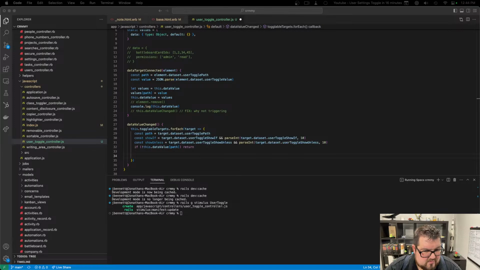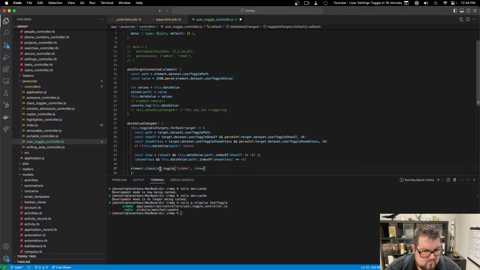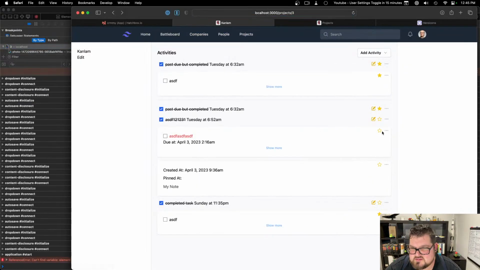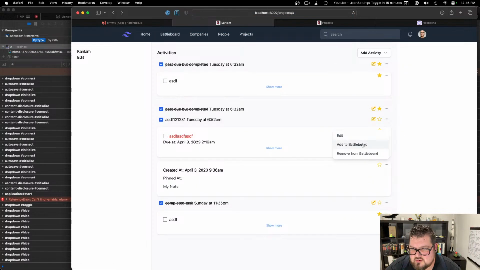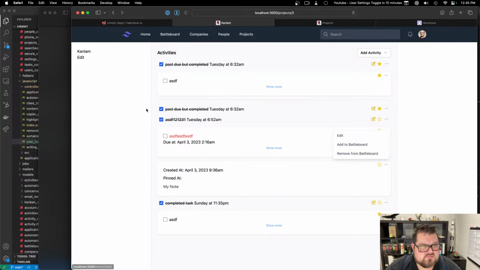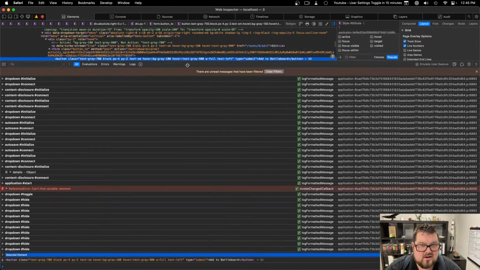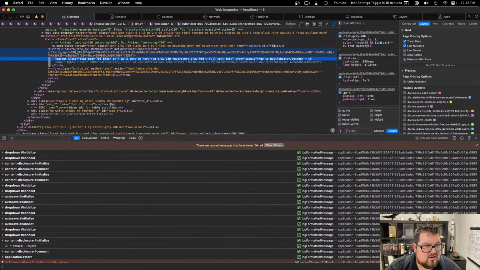So with that done, we can then say show. So if show if and it has that ID, or show unless and it doesn't have the ID, then we can toggle the hidden class. So that didn't work. All right, let's actually grab the real things because I'm kind of fooling around. So what I'm doing right now, so I've got